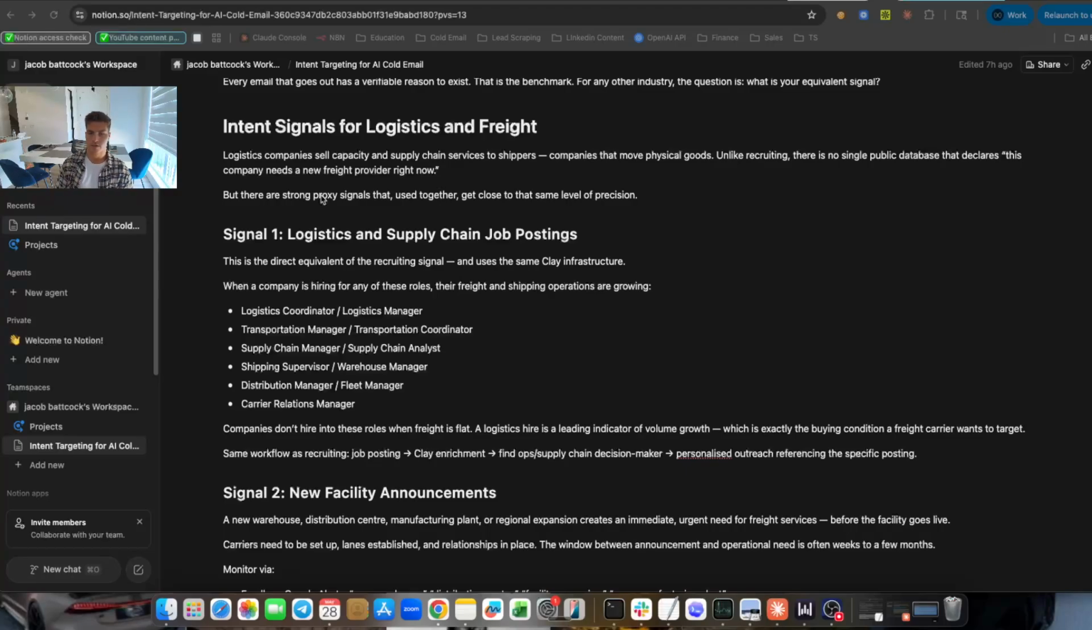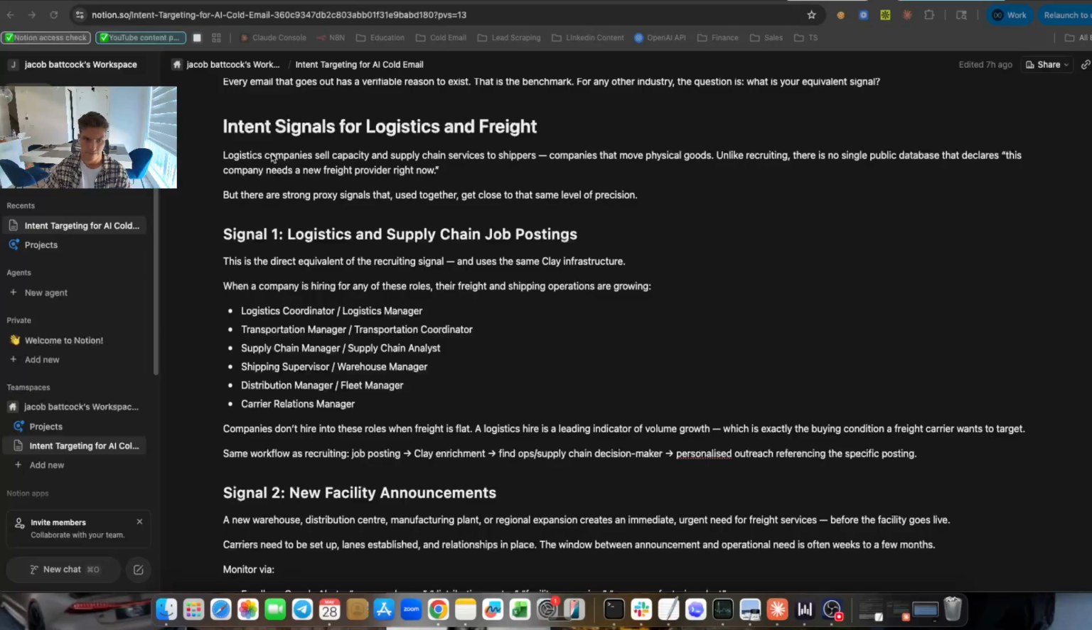So logistics companies sell capacity and supply chain services to shippers. So basically, they sell these services to companies that need to move physical goods. Where in recruiting you have job boards where it's very easy to see what companies are looking for jobs, you do not have an equivalent for companies looking to move goods, a form of a shipping board or whatever you'd like to call it. The reality here, though, is there are strong proxy signals, and if you use them together, you can get close to the same level of precision. And there's very few people out there actually doing this, so it can be very competitive if you're able to